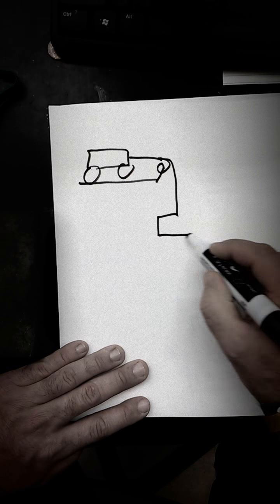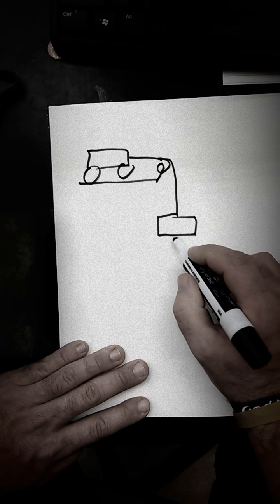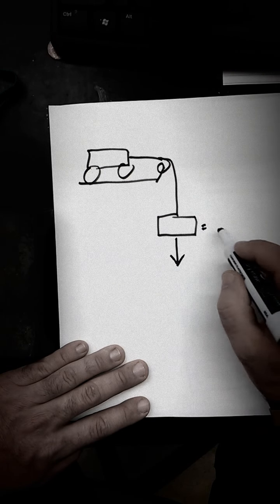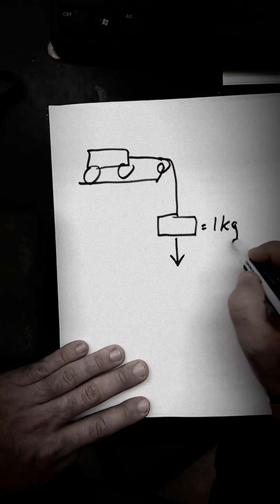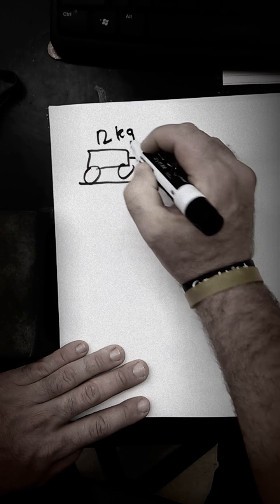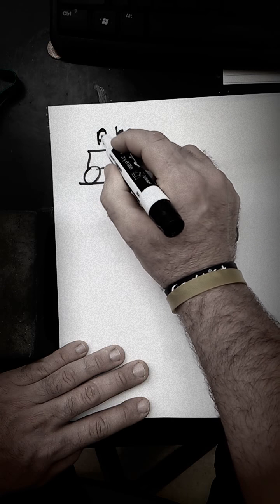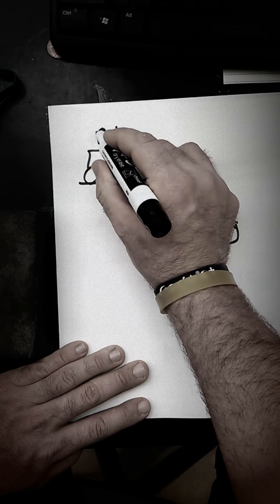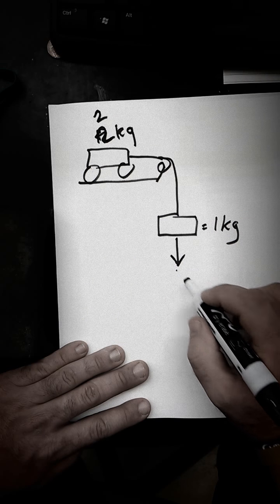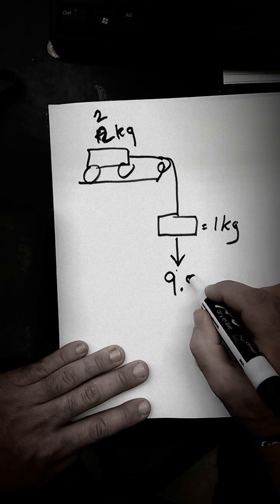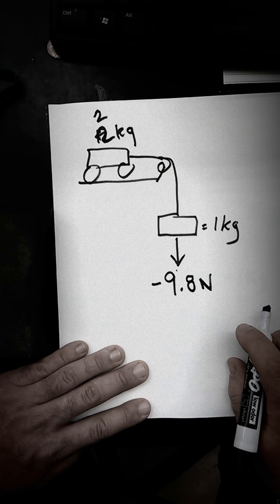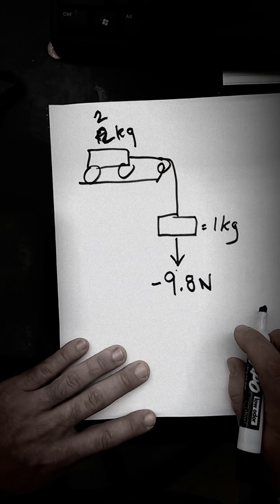Okay, we ended up with a mass of 1 kilogram. This mass is 2 kilograms. It's not 12, it's 2. And the force pulling down on this, we realized, is 9.8 newtons in the negative direction. So if we apply this to our formula,